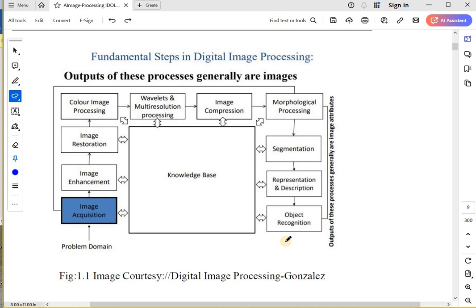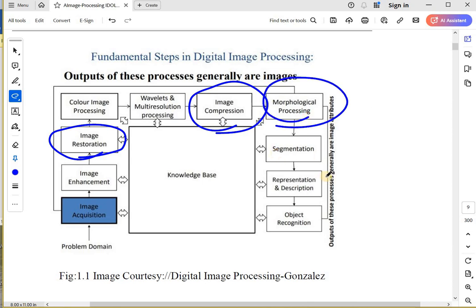Now you will ask me, ma'am, input okay, image acquisition, image we got, input we got, where is the output? Where's your output? Every box can give you output. Rather, every box gives you the output. So you can decide that okay, I want to compress the image and stop, I want to do image restoration and stop. It is up to you. I only want to do morphological operation, I don't want to go to segmentation, or I don't want to do image compression. So how you want to deal with your image is totally up to you, because